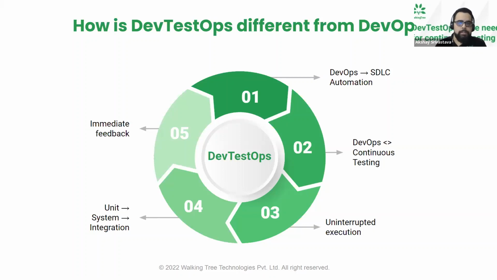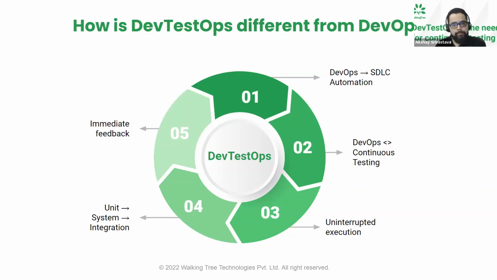And this is where the whole concept of DevTestOps was introduced, where continuous testing was implemented as an integral part of the delivery pipeline. Now, I'm repeating a lot of terminologies again and again, and having said continuous testing so many times, it's basically implying that the code is continuously developed, delivered, tested, and deployed. So while DevOps brought in development, delivery, and deployment as a continuous process, integration of testing into that same process